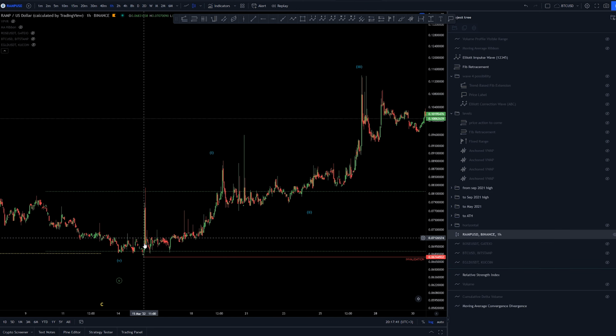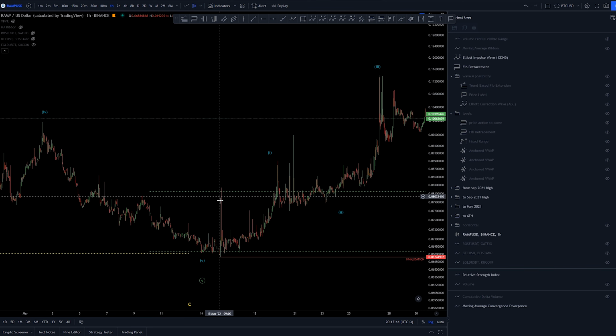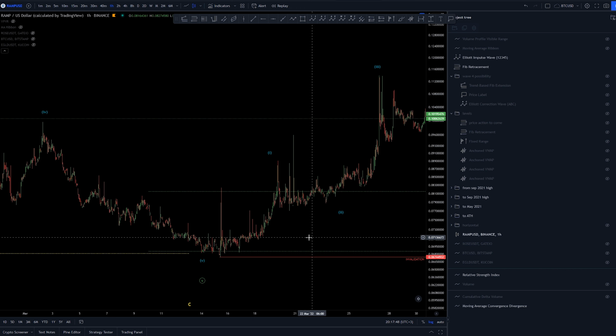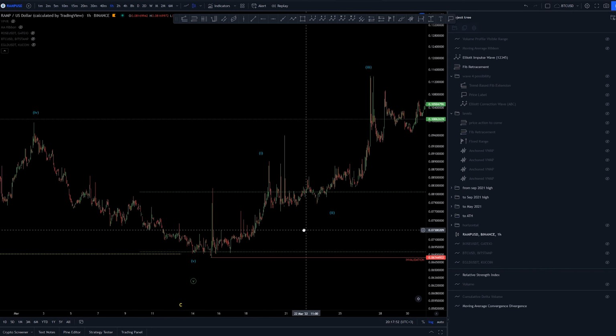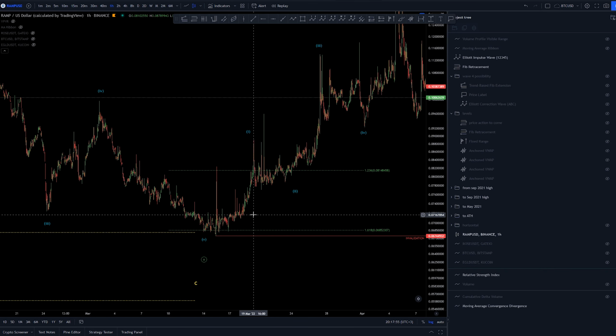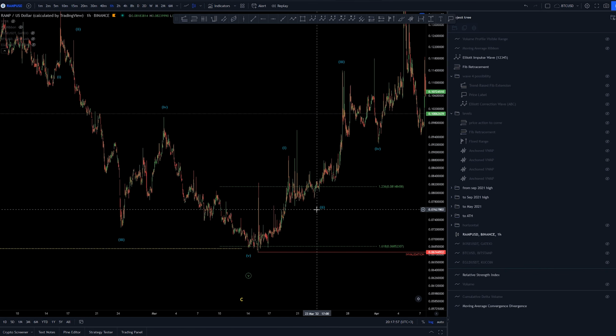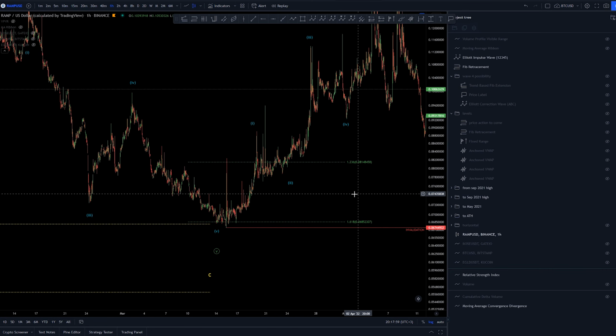This doesn't really explain anything here. This large wick. We came down to both the targets and price jumped up massively. Obviously somebody was prepared better than I was. I was just dollar cost averaging into this one as it was falling, and I'm still